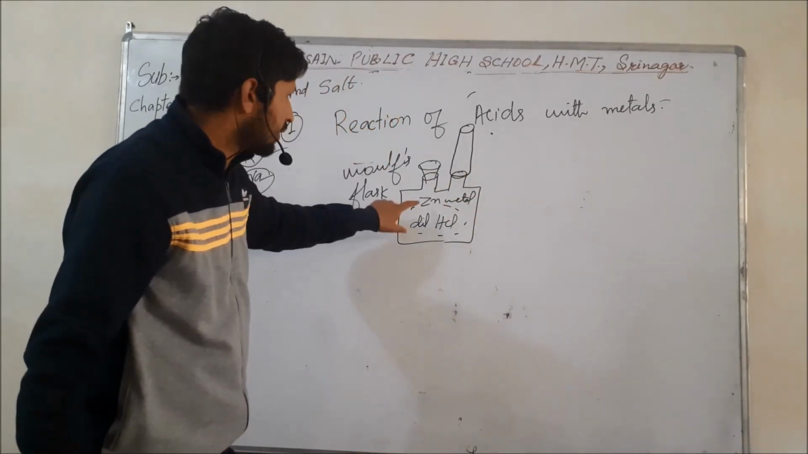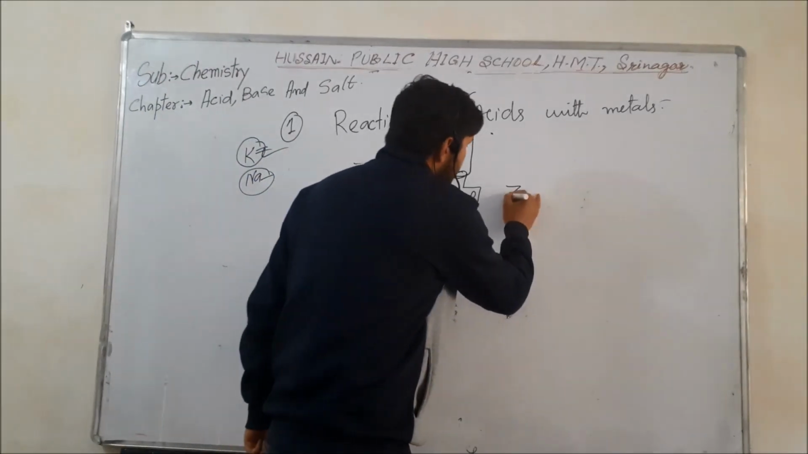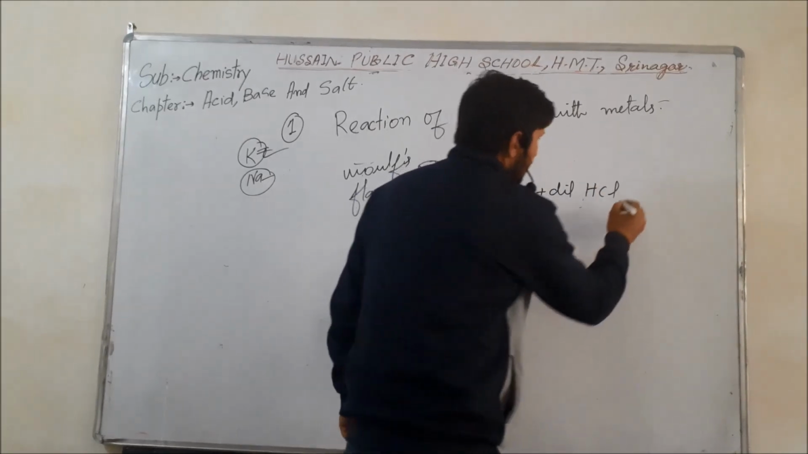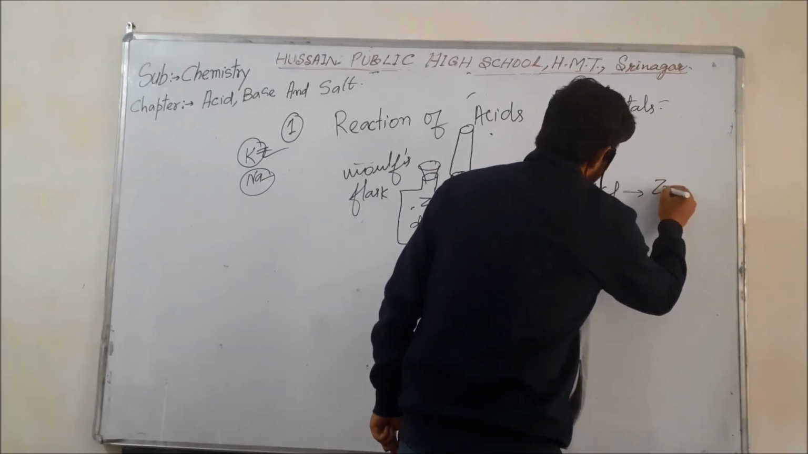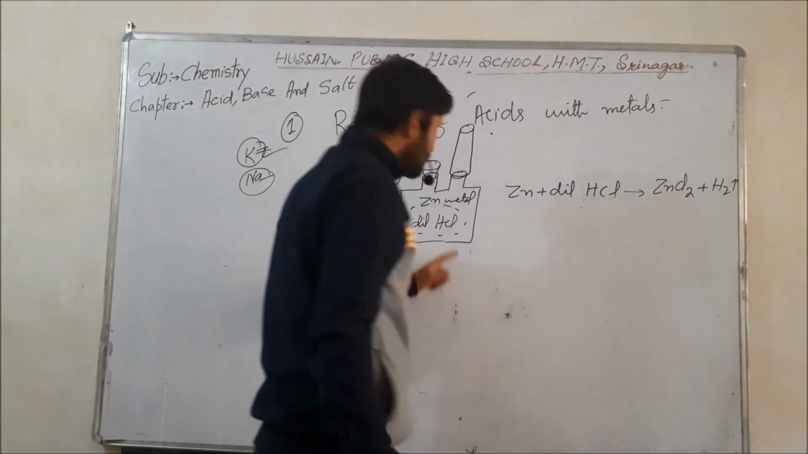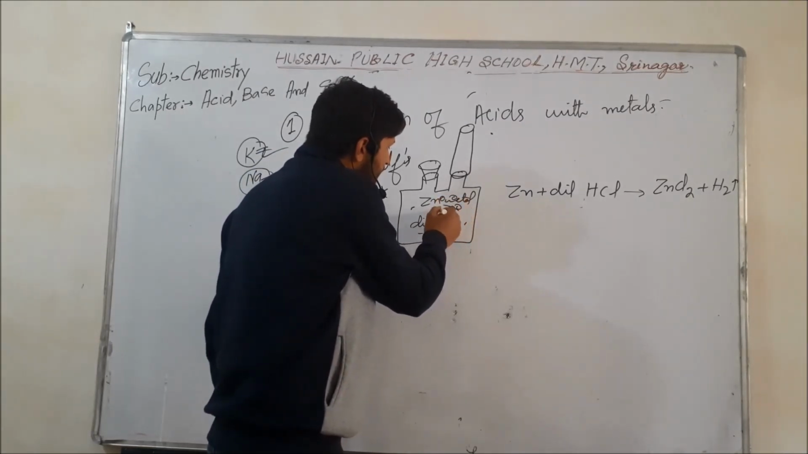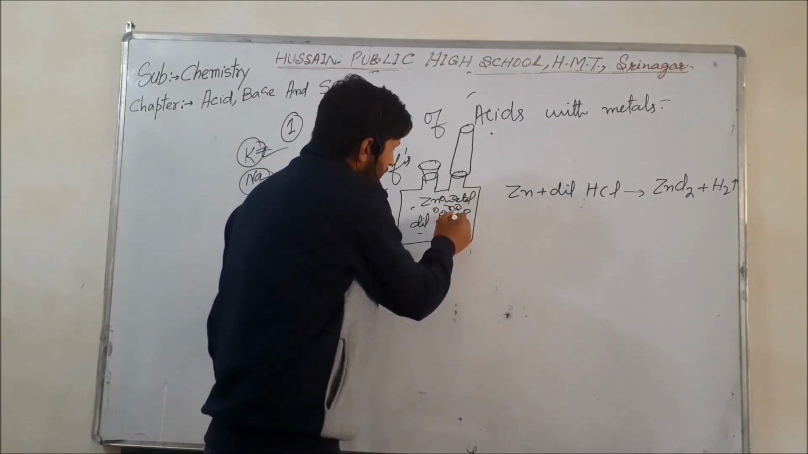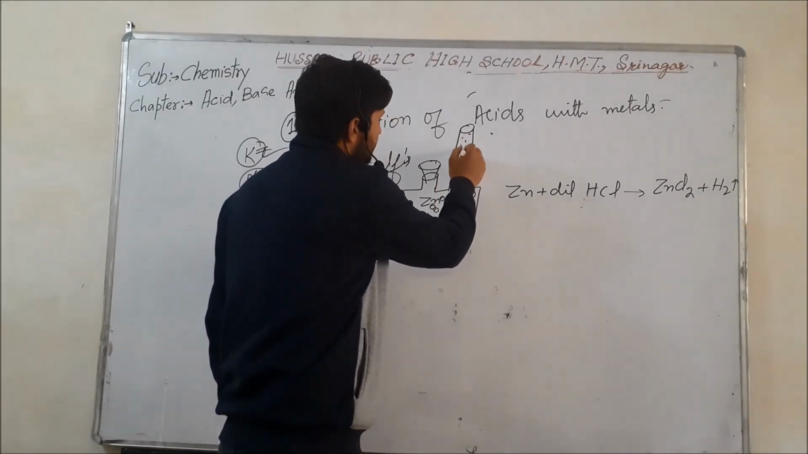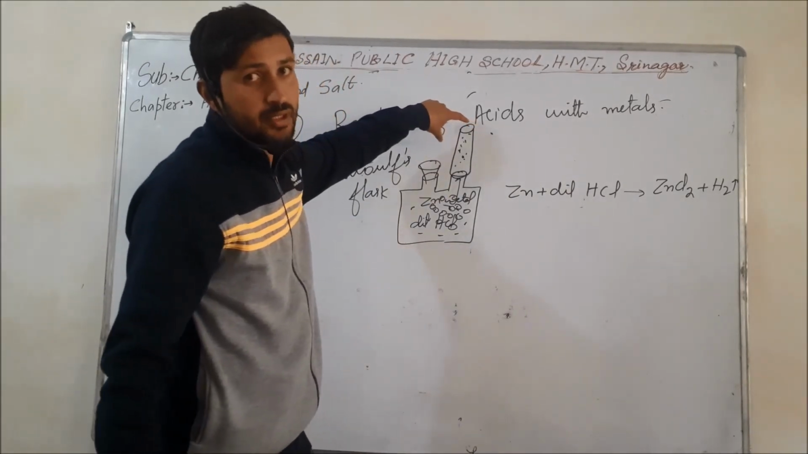What happens? Reaction will occur here. What reaction will occur? Zinc plus dilute hydrochloric acid gives zinc chloride plus hydrogen gas. Hydrogen gas will be formed. When hydrogen gas forms, it will be seen as bubbles. It will escape this vessel and come into this test tube. When it gets collected in this test tube,